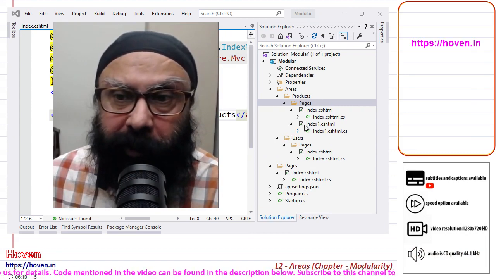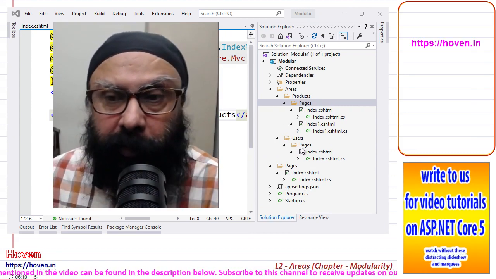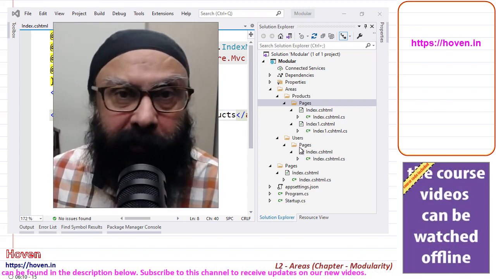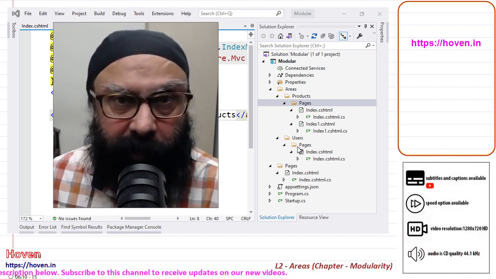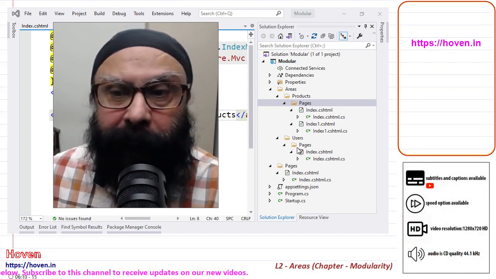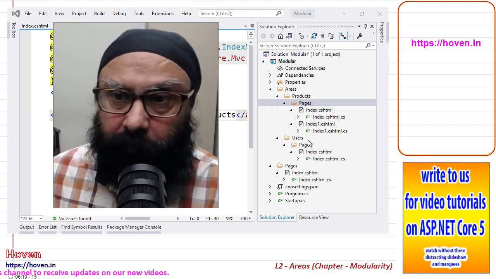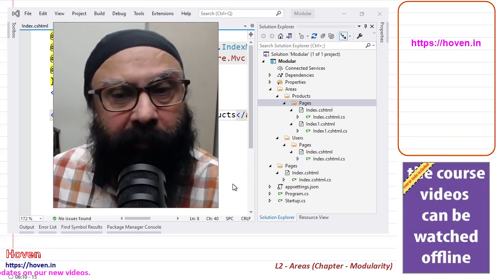This is a totally independent area. This is a totally independent area. So this is how it all works. You should try doing this. This is a very handy feature, and it is very easy in case of Razor Pages. In case of MVC, you had to struggle with a bit of routes also. But here you have to do nothing. It automatically gets wired up.